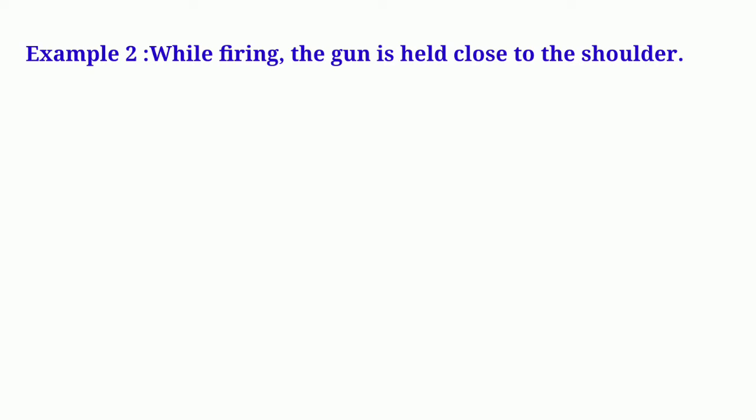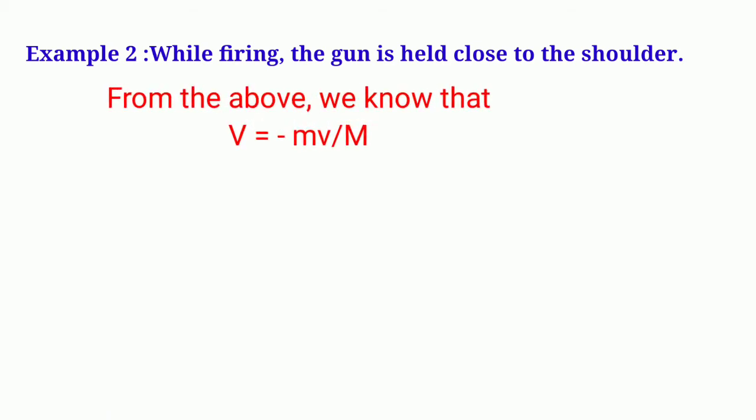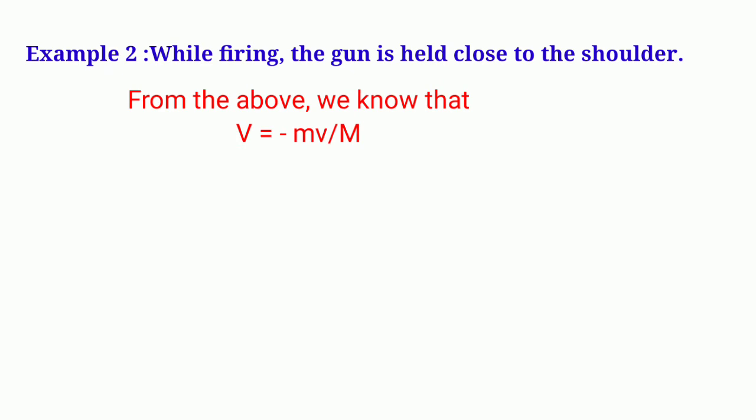Example 2. While firing a bullet, the gun is held close to the shoulder. Or if you are firing a pistol, you should hold it firmly and steadily. Why? Let us see. From the above expression of the recoil velocity of the gun, that is capital V equals minus small m times small v whole divided by capital M. Now suppose